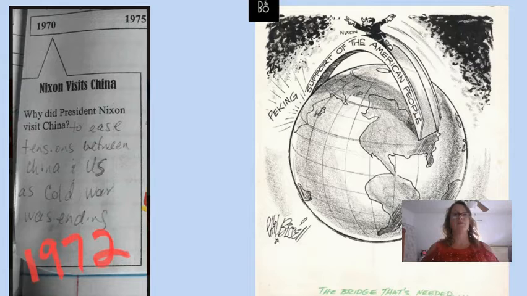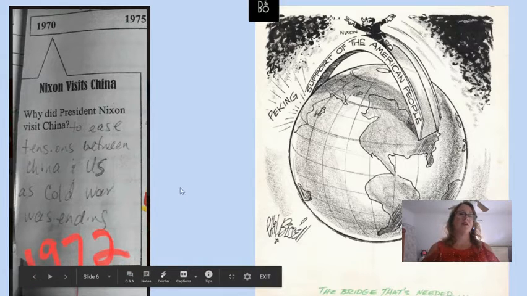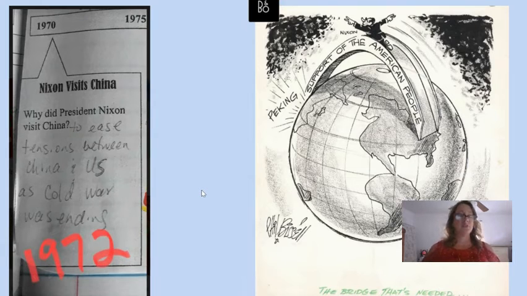If we were in the classroom and we were doing our timeline, we would have done this in our interactive notebooks. Why did President Nixon visit China? To ease tensions between China and the United States as the Cold War seems to be kind of dwindling down. The Cold War starts, it heats up, where we had those threats of nuclear attacks on each other, wars, and then those threats start to chill out. The wars start to come to an end. So it's still going to take a long time, though, for the Cold War to definitely come to an end.